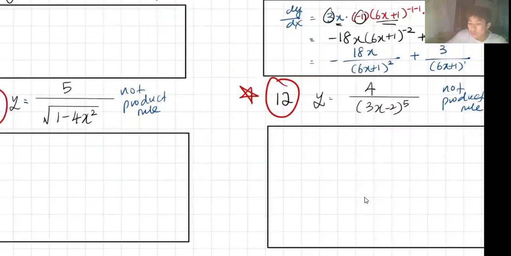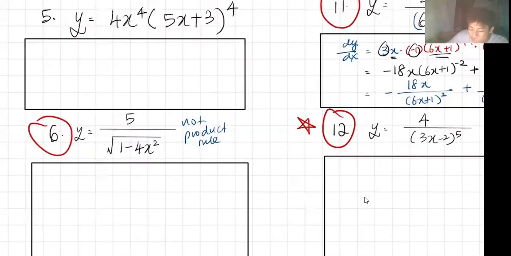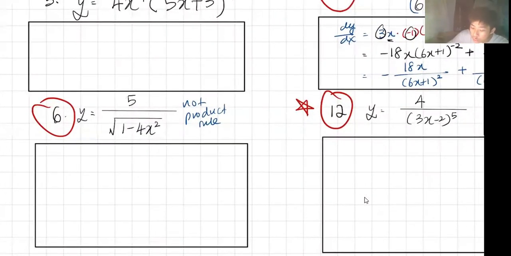Okay, product rule, I've done enough already. Now I'll go through this one. If you see questions like this, how do you do it? Always when you see a denominator,